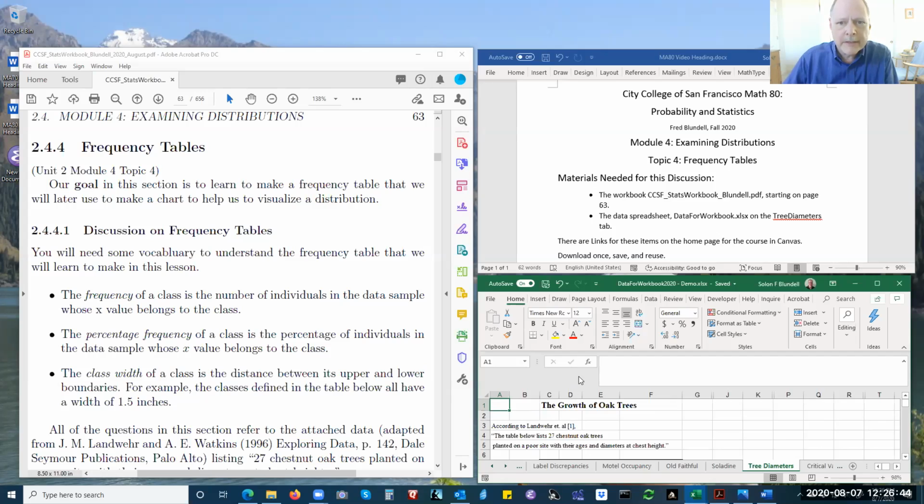You may want to pause the video at this point to open up both the spreadsheet and the workbook so you can follow along and actually do the exercise along with me. The exercise or example in the workbook is really easy. So I'm going to use this